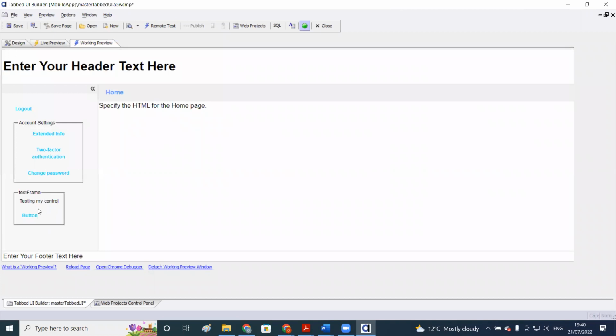Oh, okay, so the frame comes here. Okay, so I want to put it into